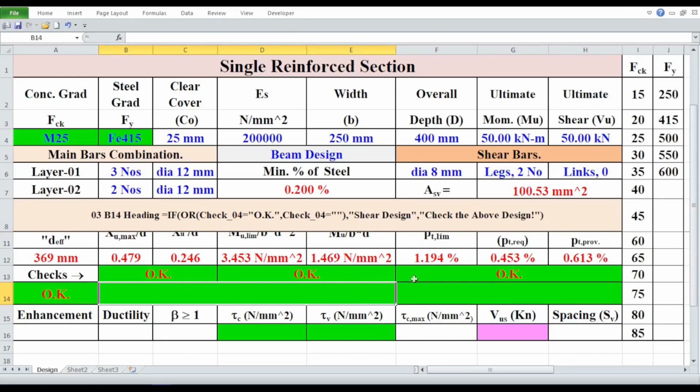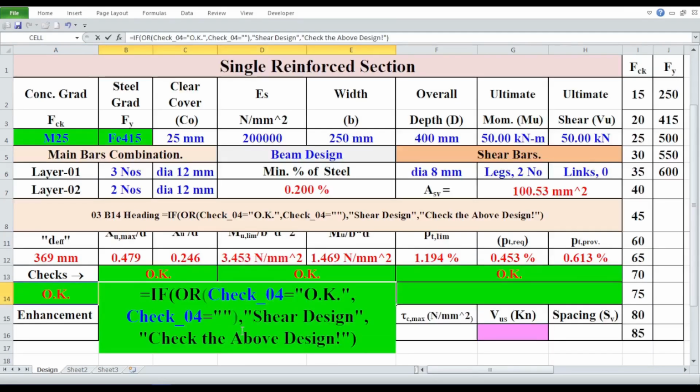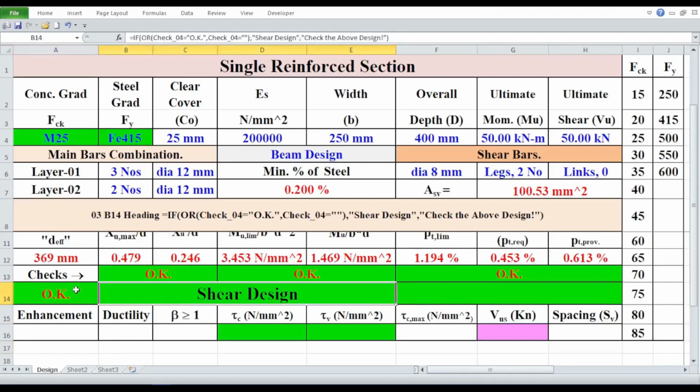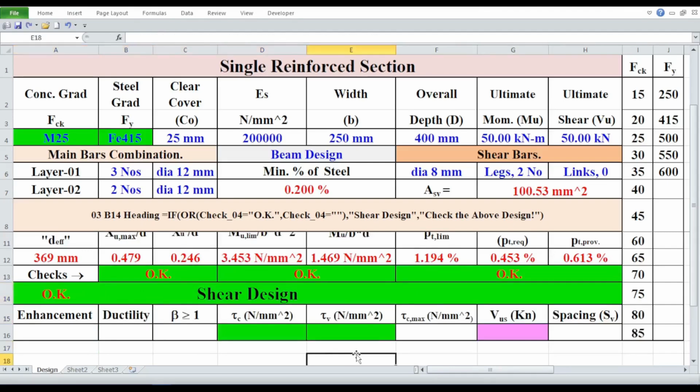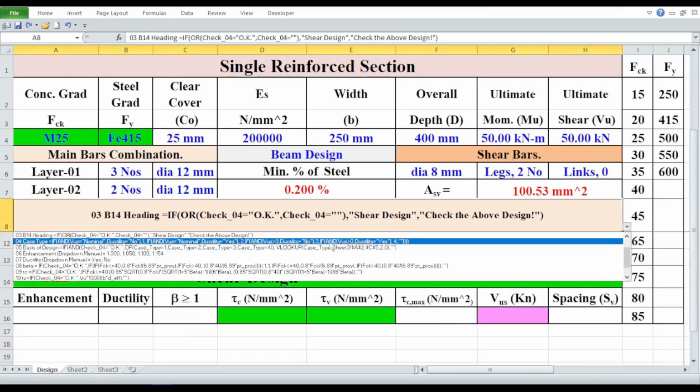Now by copying the formula from the formula box, I am pasting it in the cell B14. Since check_04 is OK, we are watching the heading, shear design. Now, I am changing the formula in the formula box and selecting formula number 4, and you are watching